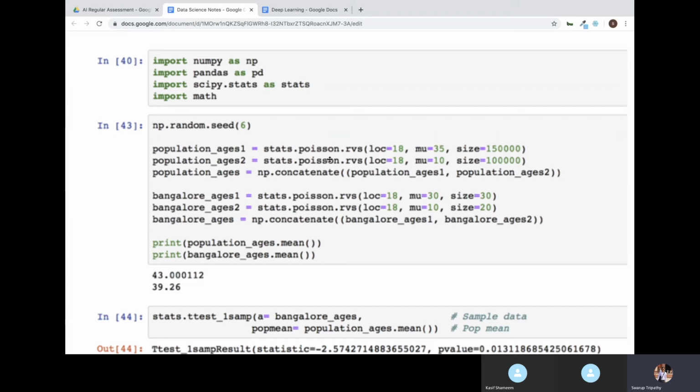Here I am generating some data of my own, so that I will have some sample and population data, and I will know what kind of data I have. In real time, no one will tell you to create this kind of random data, but I'm creating it for understanding of this test.